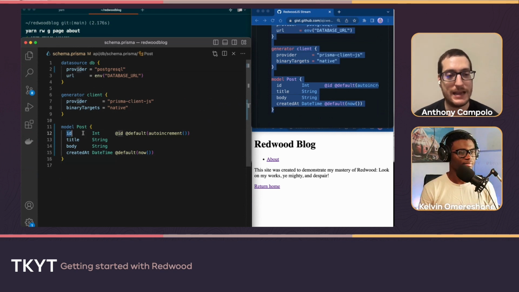The blog post will have an ID, title, body, and createdAt. The ID is an integer with an auto-incrementing function, so each new post will be ID 1, ID 2, ID 3. You could change this to UUIDs if you would prefer. The title and body are both strings, and createdAt will take a date-time and generate it based on what time it is when the blog post is created.